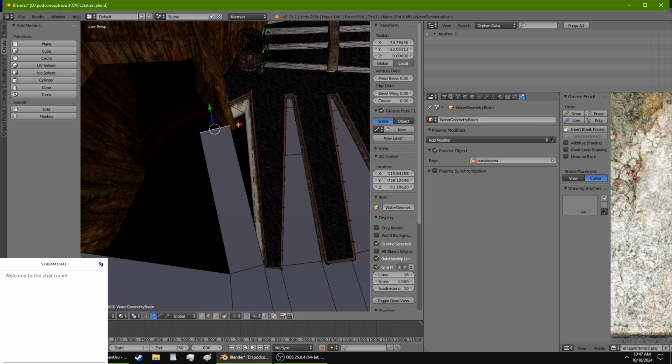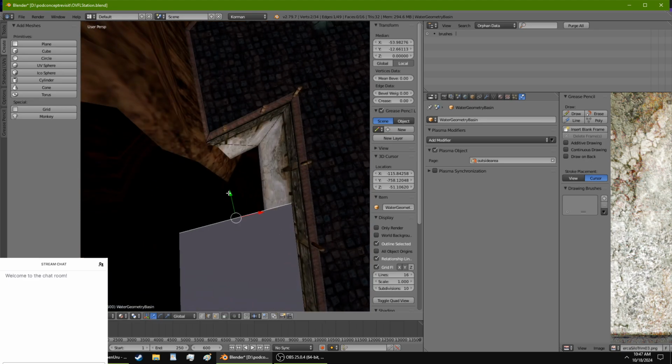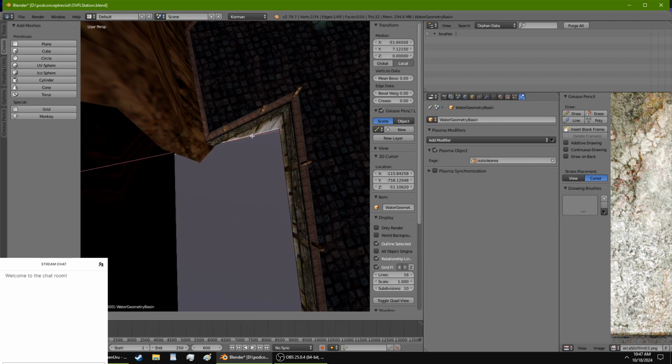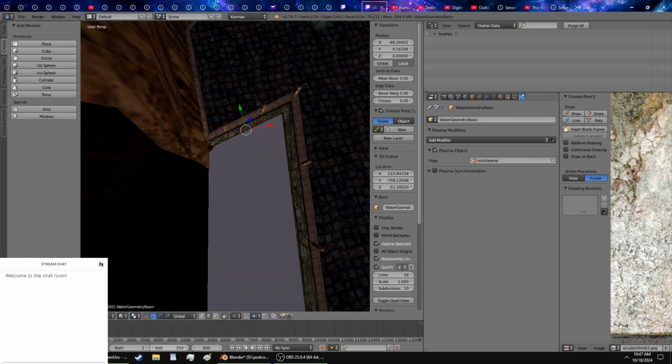And you'll notice I am being exceedingly careful to try and grab it by the arrows rather than by the center point of the thing. Because if I grabbed it by the center point, I might accidentally introduce a height variable, which I do not want. Because height variables are going to screw with things. And we do not want to screw with things, especially when it comes to making a flat surface